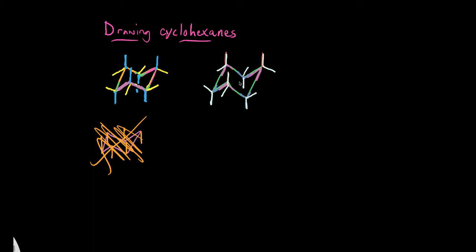So, when you flip the chair, it helps to number the carbons. So we can number that one 1, 2, going around the ring, 4, 5, and 6. So when you draw the chair flipped form, you can also use this kind of shallow V, but then you